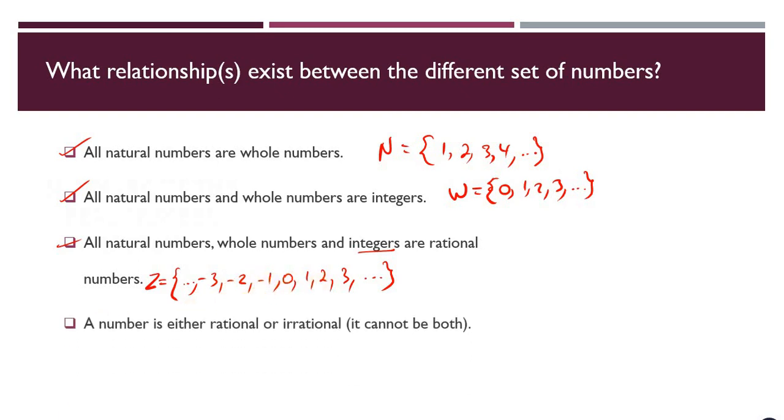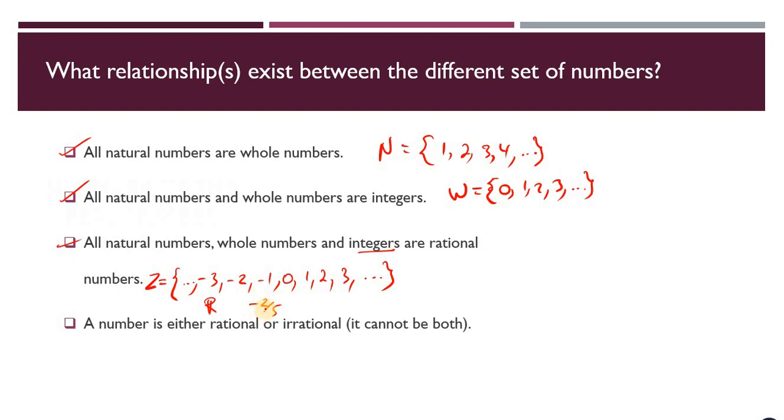All right, next, a number is either rational or irrational. It cannot be both. So now a rational number will consist of not just integers, but also numbers that can be written as a fraction. So for instance, in the set of rational numbers, we could have negative 2/5. While this is not an integer,